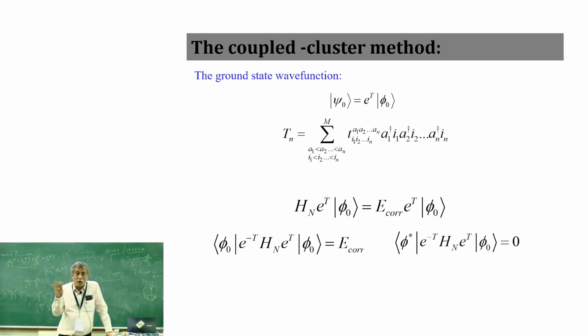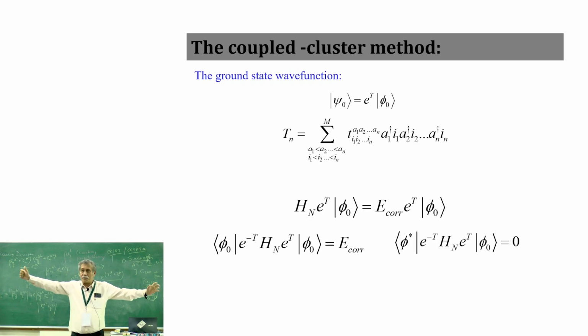So these are physical effects. I'm not even going into the mathematics of coupled cluster, which is all there, but that's not important. Physically, the wave function is the right wave function. Whatever you pick up, T1, T2, T3, all the products are there. And that is most important, because for size consistency this is very important. What is size consistency? At large distance, the energy of A and B should be the energy of A plus B. The wave function should be a product of A and B, and the energy should be additive. That is the meaning of size consistency. That is when I say it is separated. To do that, coupled cluster is ideally suited.